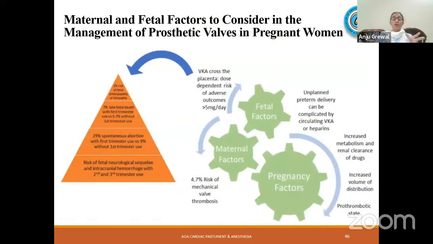So this is what I talked to you about, that all of these, warfarin especially, they cross the placenta and they cause dose-dependent adverse effects on the fetus: embryopathies and spontaneous abortions. And of course, if it's continued in the third trimester, there's a risk of intracranial hemorrhage occurring, because the techniques to reverse warfarin effect do not cross the placenta, whereas warfarin crosses the placental barrier, and therefore you need to be careful